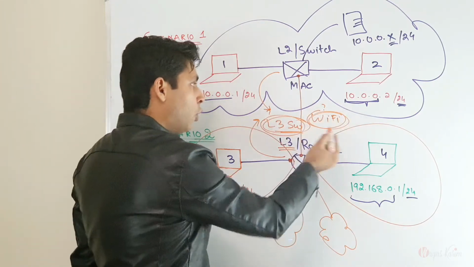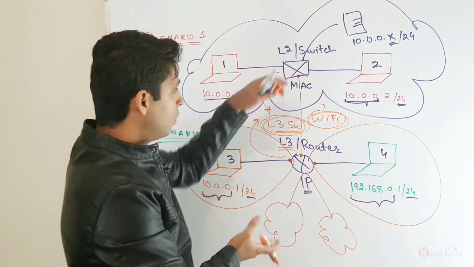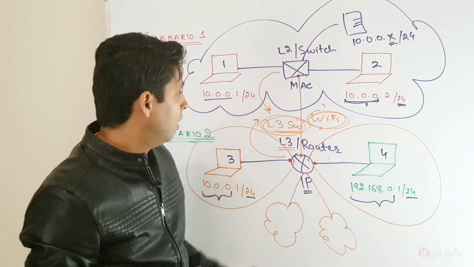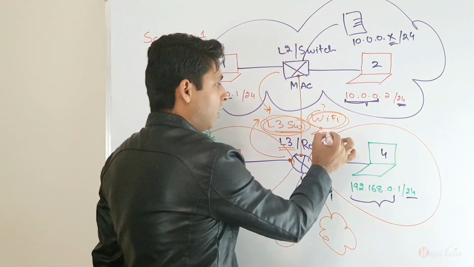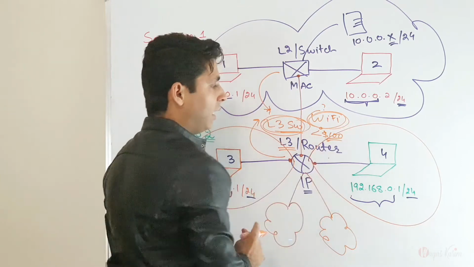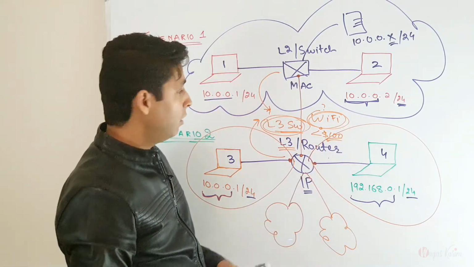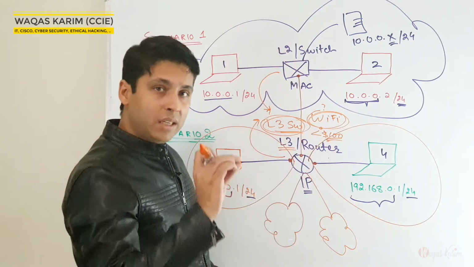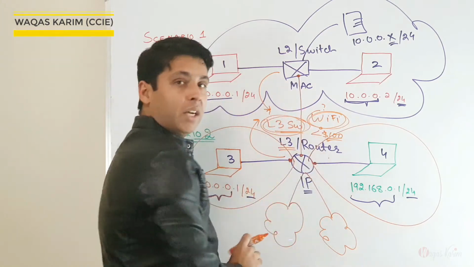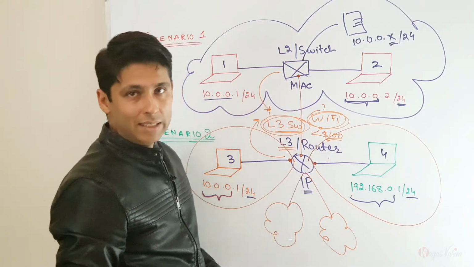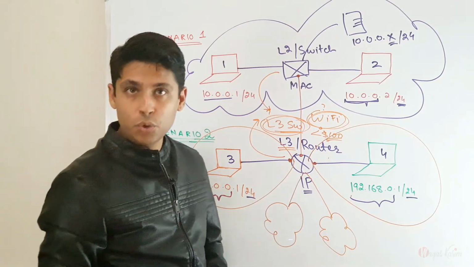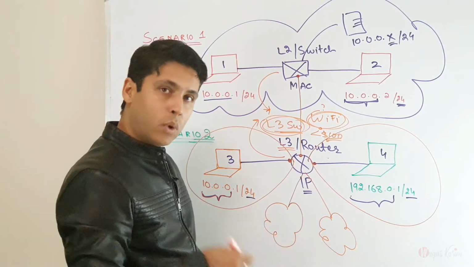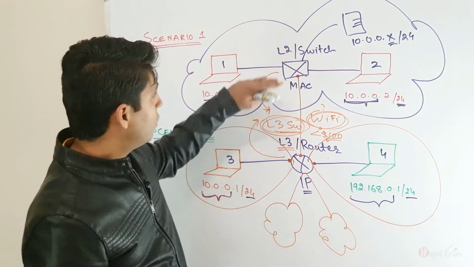And a Wi-Fi router, our home router, is also a combination of these two types of devices. There is a router which is capable of doing only default routing. Because it's not so expensive, it is usually less than $100. So to make it less expensive, usually like the B315 router, or any type of TP-Link or Cisco small router, that is also a combination. It has a small routing module plus a switch where we can connect up to 4-8 devices as well. You can see on the back side, maybe next time I can show you as well. So it connects different devices using Wi-Fi and wired connections both. But your main focus should be on layer 2 and layer 3.